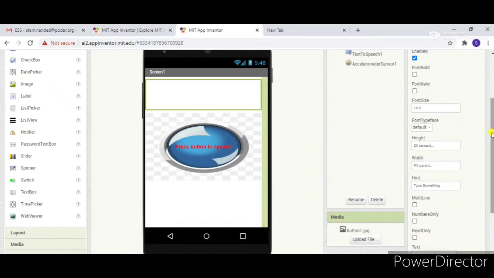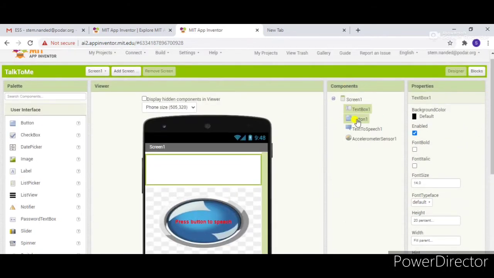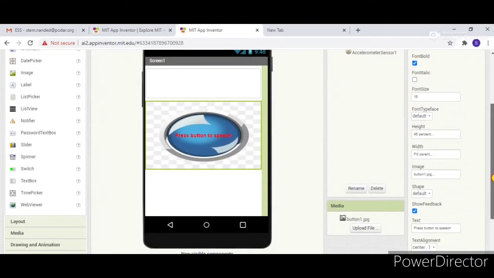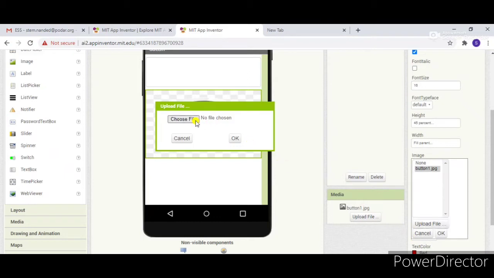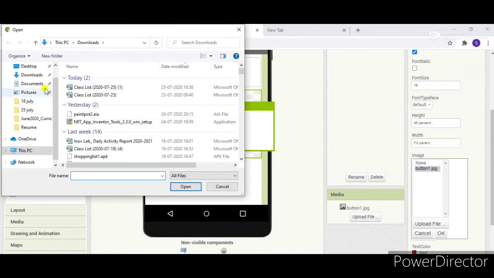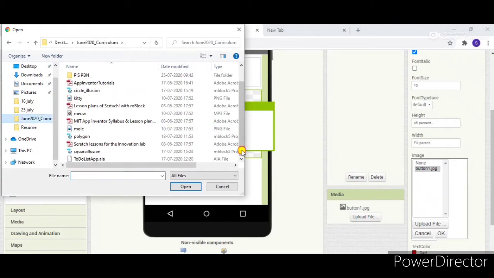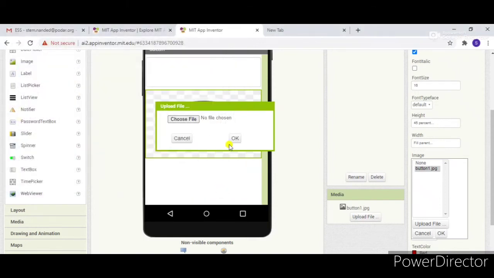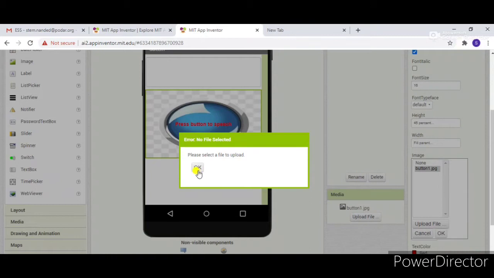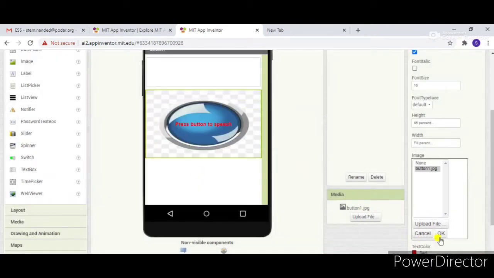Okay, when you click on the text box, you get the properties on the right side. Just change the properties of height and width. You can change the hint name also. If you want to change the properties of the button, click on the button properties. I have added an image here instead of the button name. You can also upload that file. Just download the file to your computer and upload it from the image option. Upload that image and you will get your button in image format.